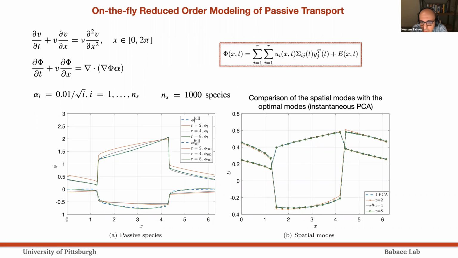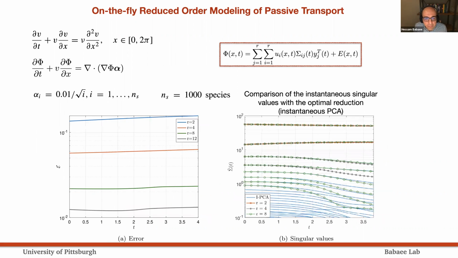And here we compare the orthonormal modes with instantaneous PCA. Like I said, instantaneous PCA would be the optimal set of reduction you can have. That means if you just generate the data, at each instant of time, you take a PCA. So that would be data driven. We go back, and once we compute these modes, we compare those modes against IPCA, and here we show that we actually recover IPCA. The first two modes are shown here.